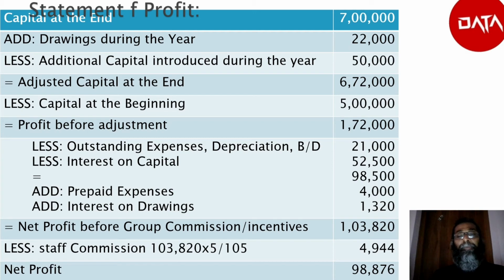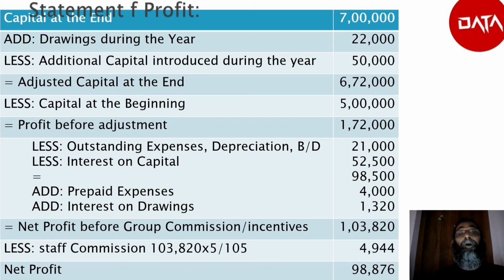Interest on capital to be calculated at the rate of 10% on 5 lakh, it is 50,000 for the full year. The additional capital of 50,000 was for 6 months. So that 50,000 into 10%, that is 5,000, into half, that is for 6 months, equals 2,500. Interest on capital total 52,500. The total to be deducted is 73,500 from 1,72,000. Therefore, the balance is